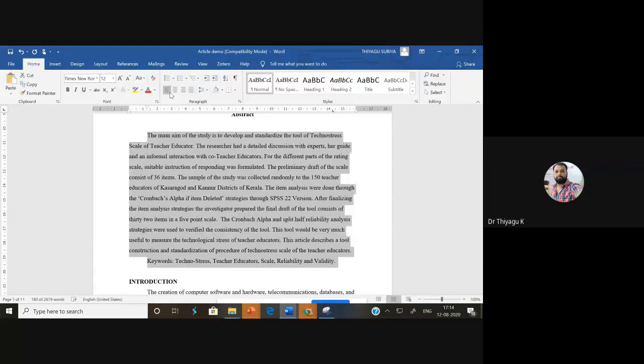Hopefully, this kind of question will surely come in the NET examination, because every year at least 2 or 3 questions are related to APA style. So be cautious. I hope this input helps you clear your NET examination. That's why I'm focusing on APA. Those who are good in APA style seem to be good researchers.